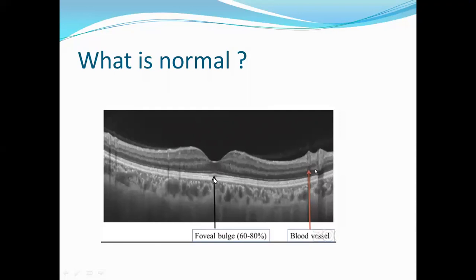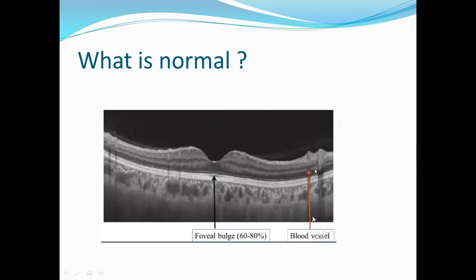Then we go down beneath the fovea. If we look at the outer retinal bands, the first hyperreflective zone is the external limiting membrane. The second is the ellipsoid zone. The ellipsoid zone shows a little bulge anteriorly. This is known as the foveal bulge at the ellipsoid zone. This is again a common thing which is seen. And why does it happen? Because in the ellipsoid zone, the cones are very densely packed under the fovea, and the outer segments of these cones are very thin and very long, elongated. So because of the elongated length of the outer segments, this zone appears slightly raised. So this is normal.